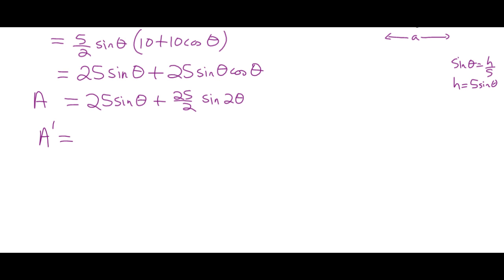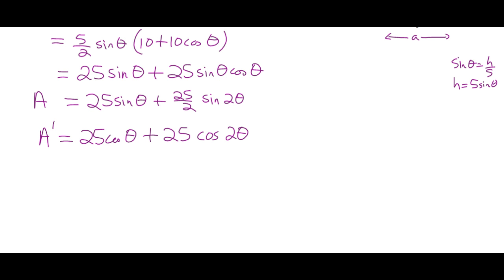So, derivative of 25 sine theta is 25 cos theta. Plus, okay, so derivative of sine 2 theta is going to be 2, so there's going to be a 2 multiplied by a 2, so we'll just go 25 over 2 times 2, just get 25, right? So going slightly out of order, 25, and then the derivative of sine 2 theta is going to be cos 2 theta. Okay, so normally I'd say it was cos 2 theta times 2, but then I've got the 25 over 2 times 2, so just 25. All right, well,